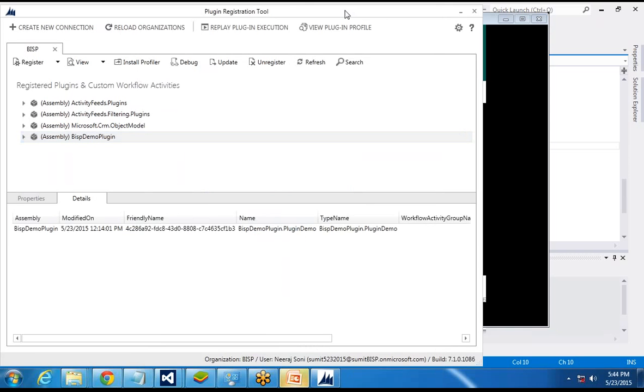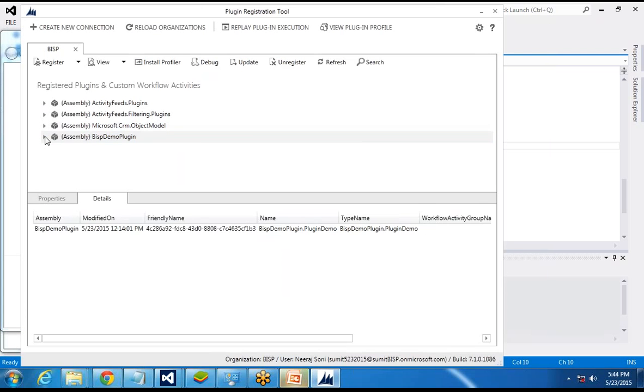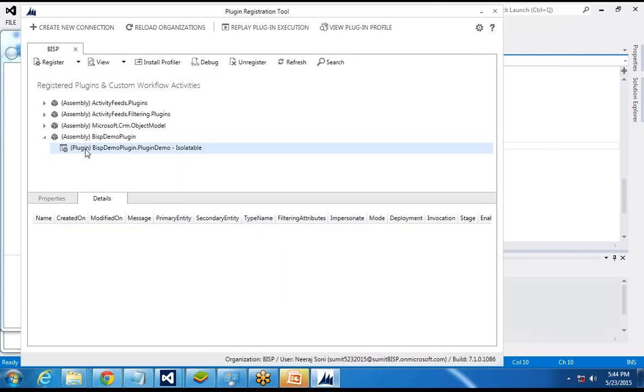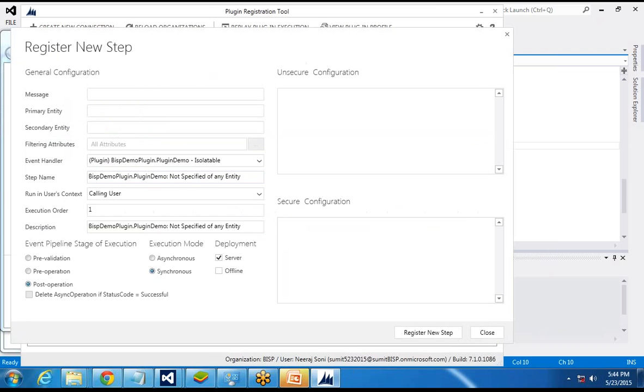The next step is we need to add the step into it. I expand this, select this plugin, right click and register new step. The plugin has been registered, but we need to configure when this plugin will be executed. I select the message Create, primary entity will be account, secondary entity is none, and the rest of the things I leave as they are.